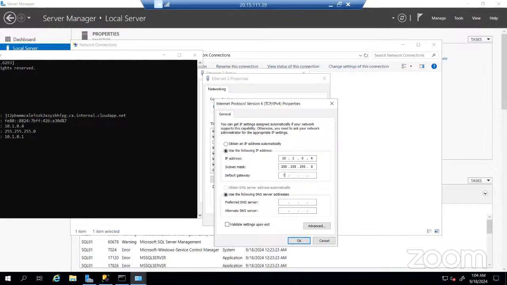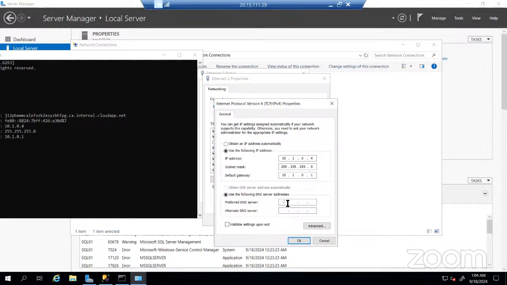So in this preferred DNS server, in a normal situation, this is where you would add the computer to the domain controller by linking it with the IP address of the domain controller, which is